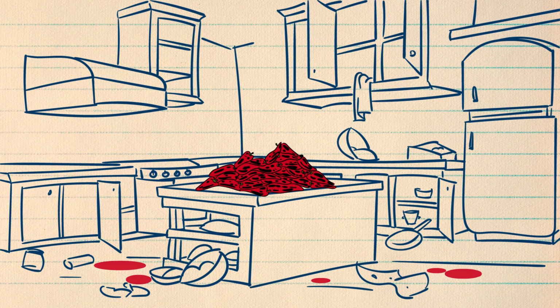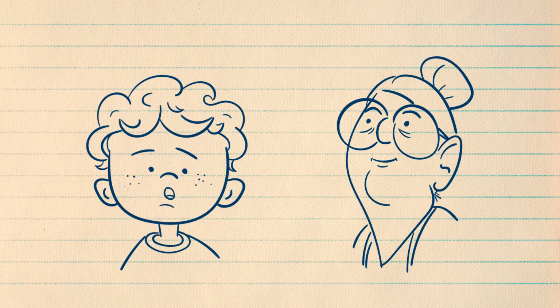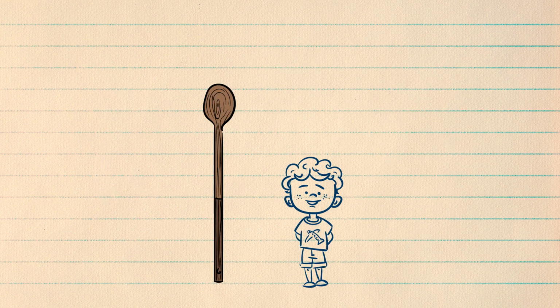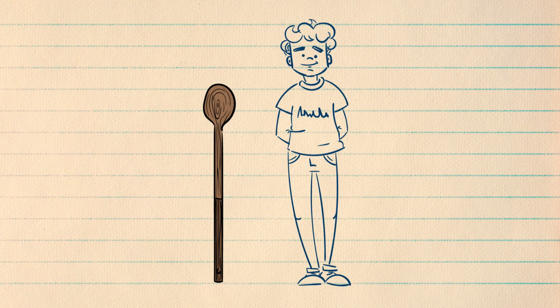At first, I thought that some kind of kitchen catastrophe had happened. So I would run to tell those real grown-ups what Granny had done. But she would stop me with a simple explanation that peppers just got back from the beach. Later on, when I grew up, old enough to grab a wooden spoon, I was suddenly promoted to Granny's principal